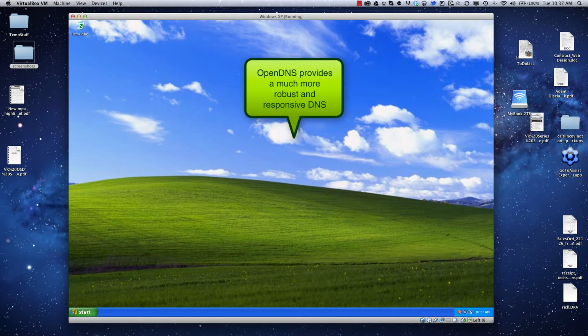Let's take a look at how to change Windows XP over to OpenDNS for your DNS settings. Now, there are a couple of reasons that you'll want to use OpenDNS. The main reason is a lot of times your internet service provider, for instance AT&T, their DNS servers are not